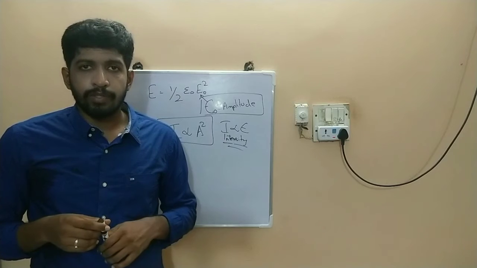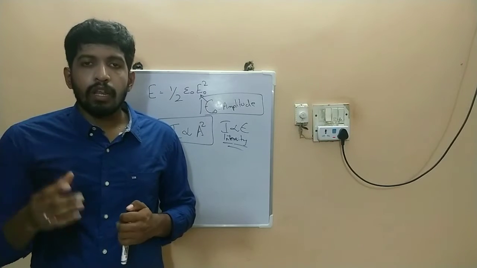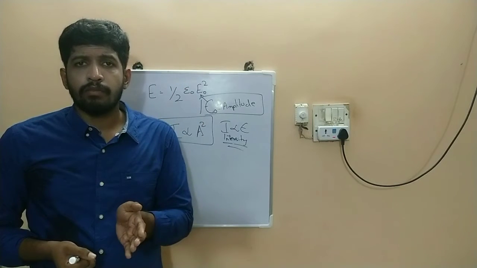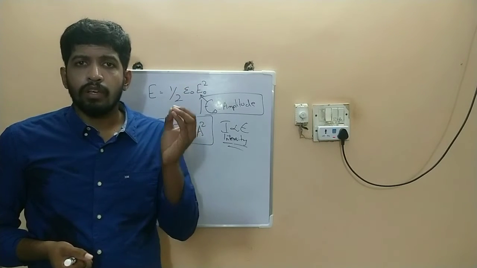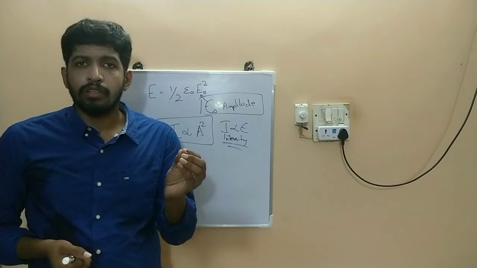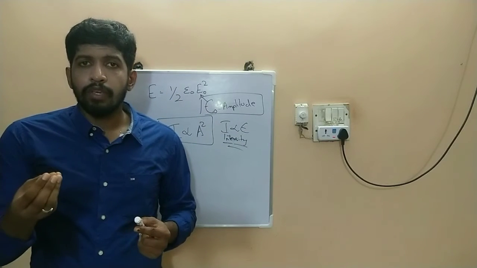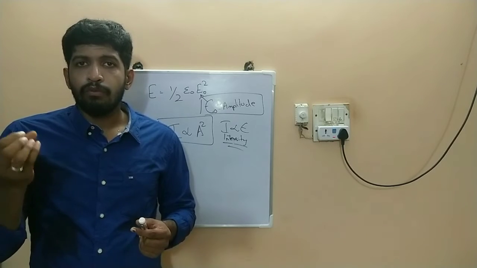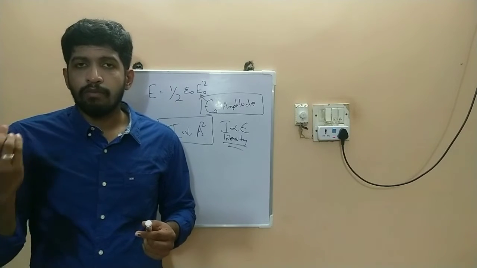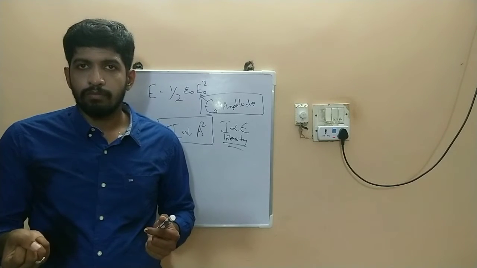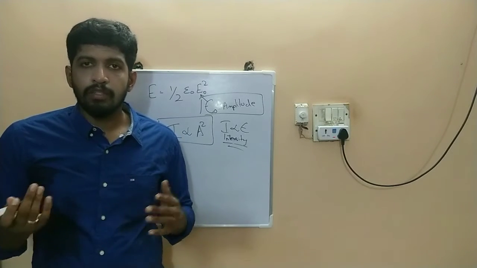The third and final problem is that, according to classical wave theory, light is a continuous form of energy. When light falls on a metal surface, the electrons would take some time to absorb the energy, and after getting the required energy, they would be emitted. There would be a buffer time before the electron is emitted. But photoelectric emission is an instantaneous process, and wave theory fails to explain that also.